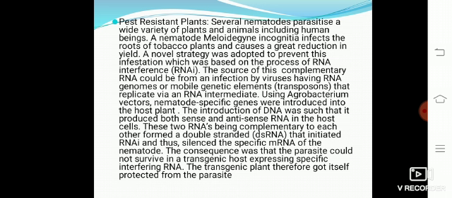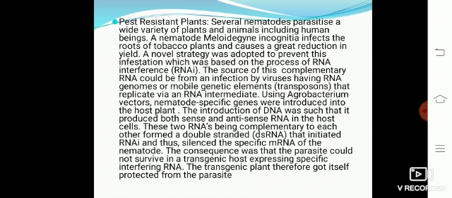What is RNA interference? This method involves the silencing of a specific messenger RNA by a complementary double-stranded RNA molecule that binds to and prevents translation of the messenger RNA. The source of complementary RNA could be infection by viruses having an RNA genome or mobile genetic elements called transposons, which replicate via an RNA intermediate. Using Agrobacterium vectors,